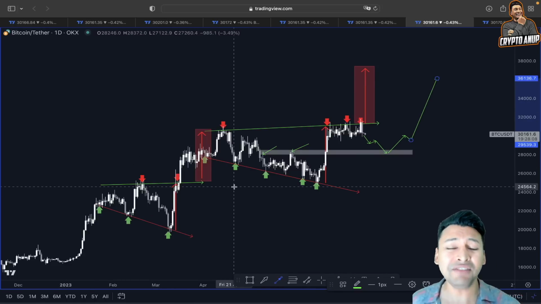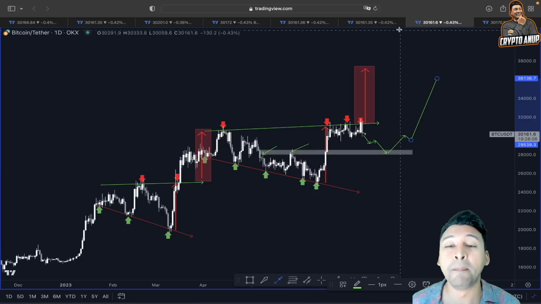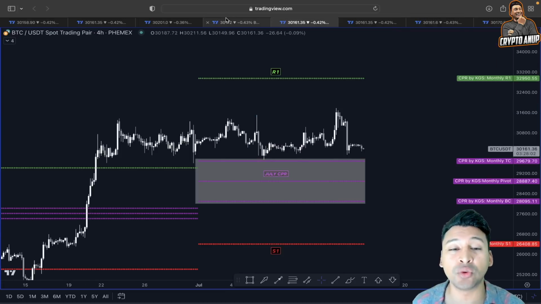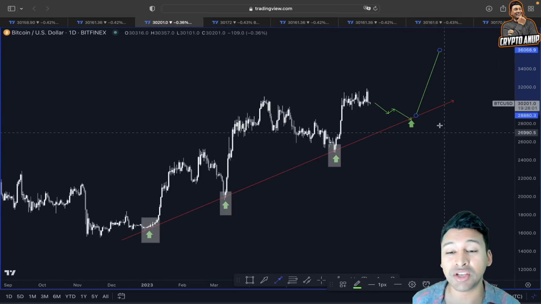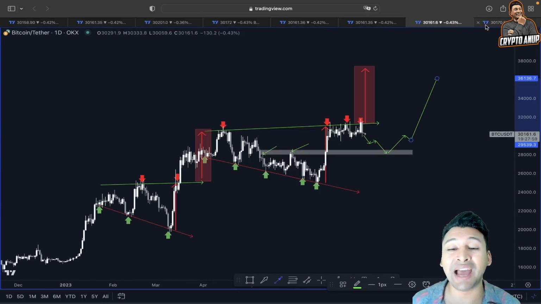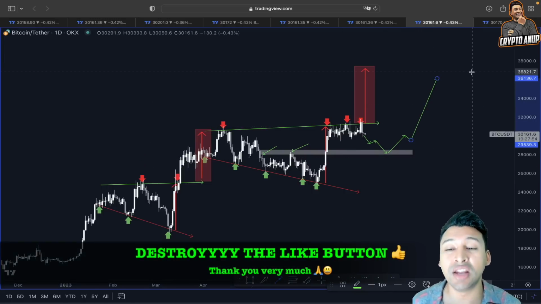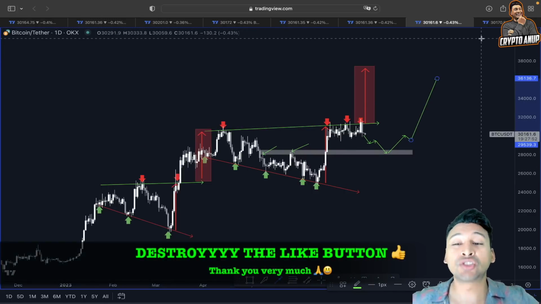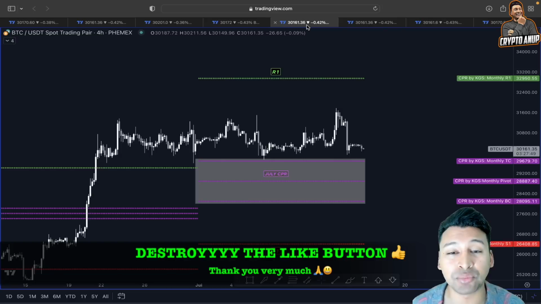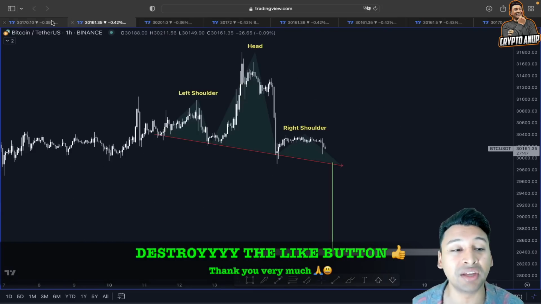So that's why guys, even though the price of Bitcoin in the medium short term might show weakness, might get attracted towards this 28,000 to 30,000 range, between that area, please do not panic, because that could be a temporary pullback before price again starts showing another continuation here to the upside. So this is what I see looking at the price action of Bitcoin in a different time frame using different scenarios.